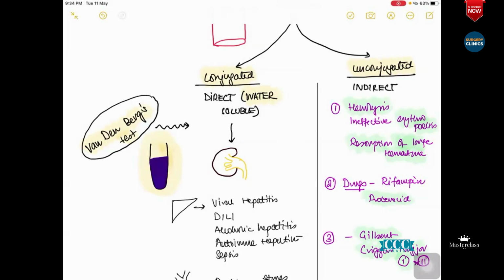Yes, sir. So when we are adding the alcohol. You are adding the alcohol when the color doesn't come. Okay. When you add that chemical to that serum, if you do get a color, that is called a direct test. So that means there is presence of conjugated bilirubin. If you do not get a color, then you add that methyl alcohol, and you get that color. So that is called an indirect test, or unconjugated bilirubin.